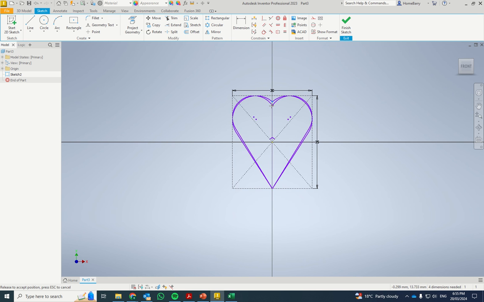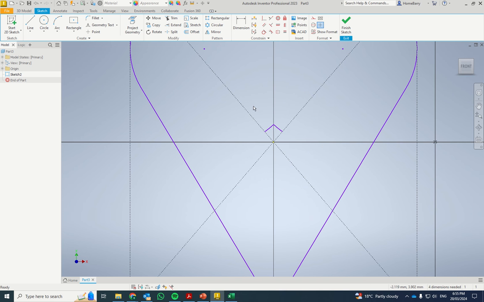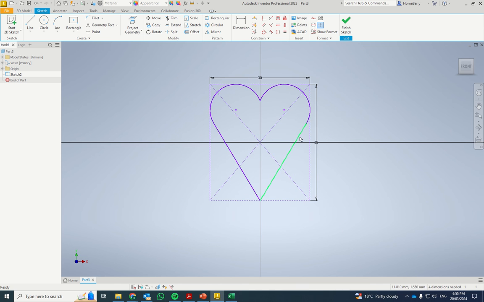I can move this down a bit. If I want to move this up, I've got a couple of extra lines hanging around in there, so let's get rid of those as well. Just select them and delete. If I want this heart to be not quite as tall as that, because that looks a little bit tall and skinny to me, I can change this dimension. If I change that to 30, you can see that makes a better shape. So what I've done is create a heart, the shape and size that I want,